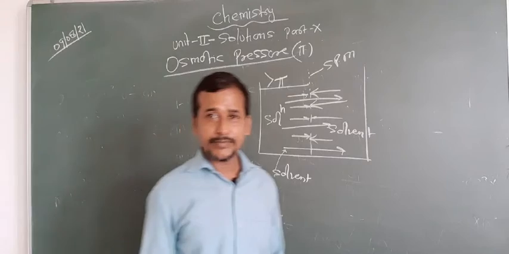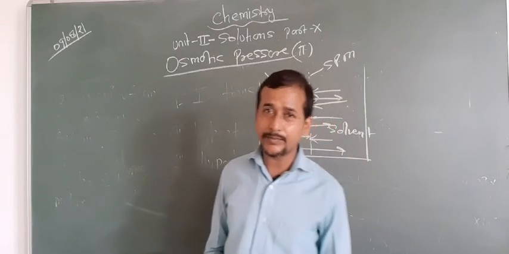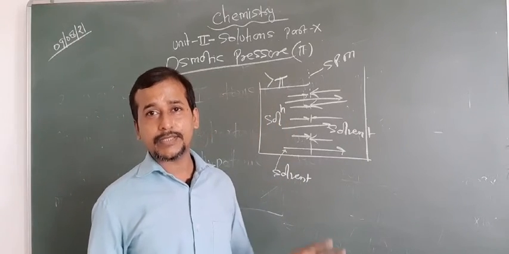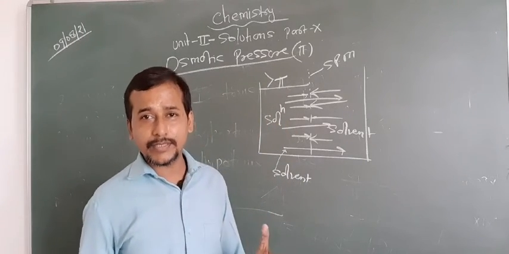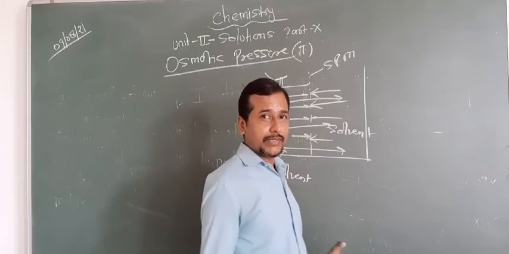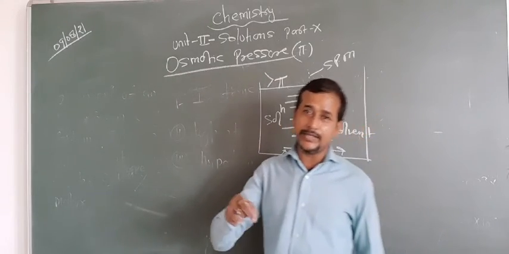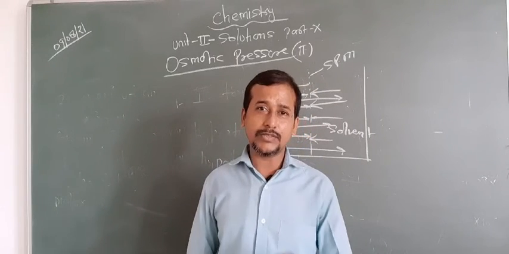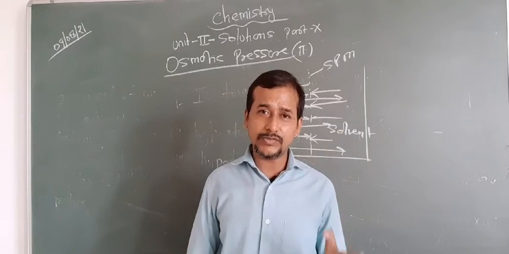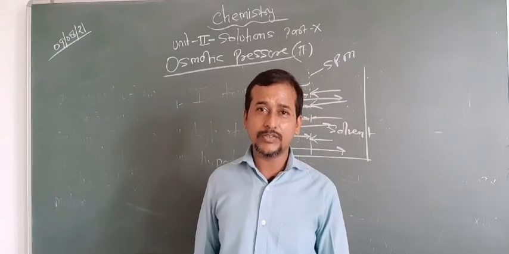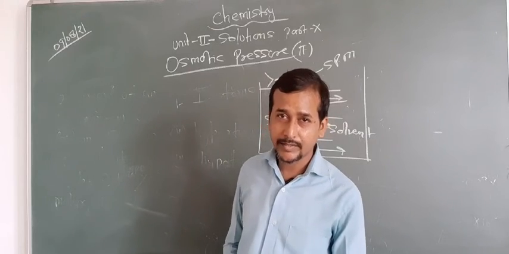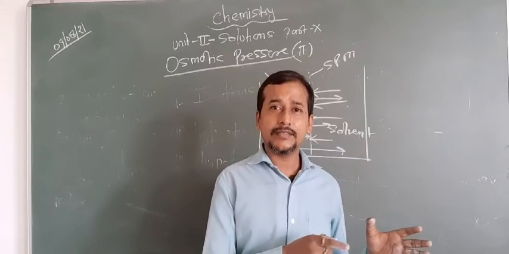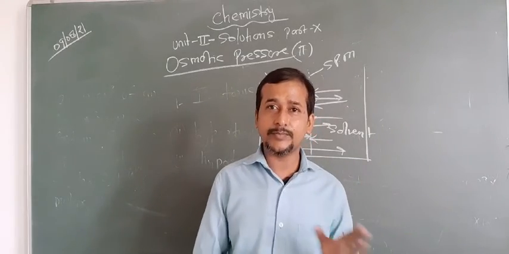Are you getting this point or not? Second thing, in osmosis only the solvent molecules move. But in case of diffusion, both solvent and solute can move. You can take one example. You put some copper sulfate into the water. After some time, you will see that the copper sulfate has mixed into the whole solution, and the solution becomes blue. That's the example of diffusion. Are you getting this point or not? So these are some basic important points regarding lecture 10, that is part 10.